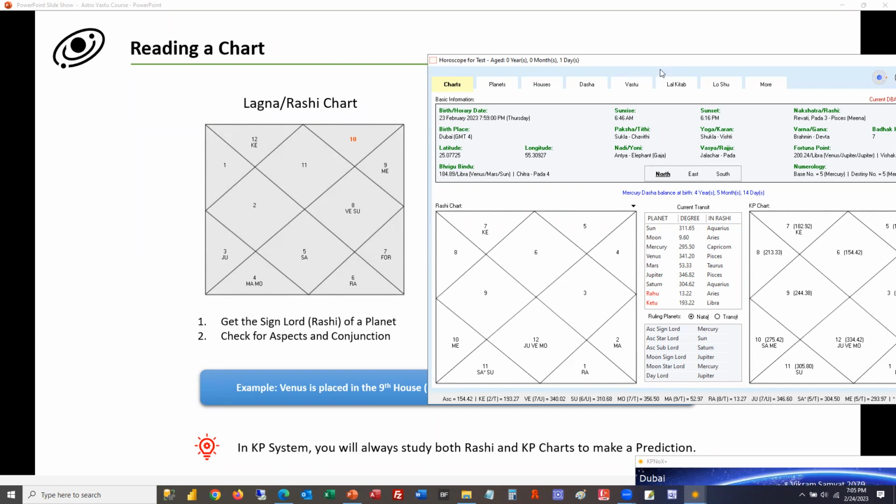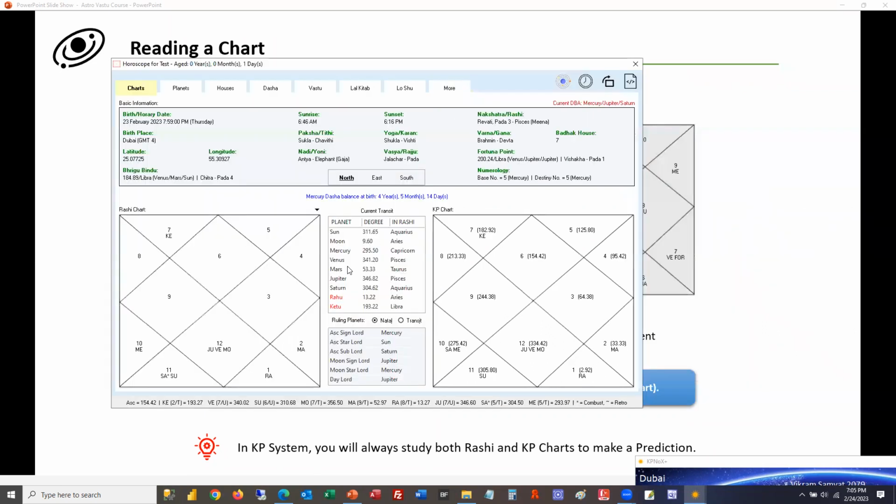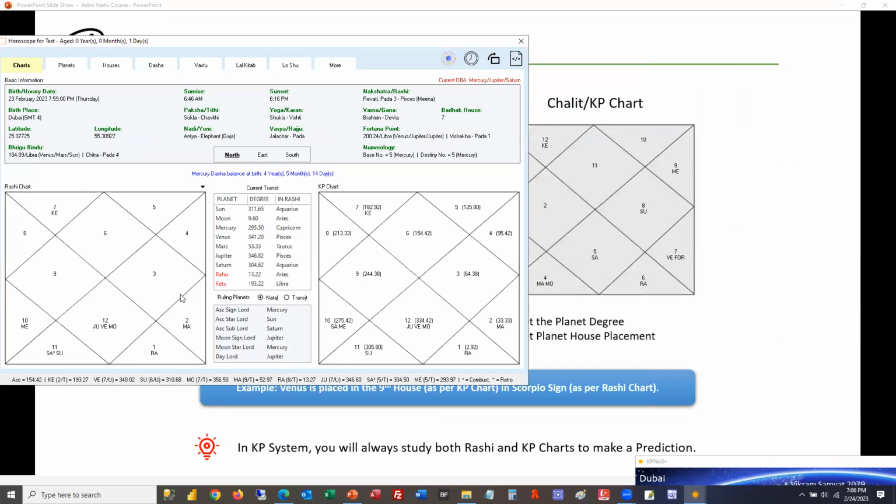Okay, now let's see if any of the planets have moved. Like how I was telling you yesterday, you can see some planets have moved, right? Here, there's only Mercury, but here it is Saturn and Mercury. So there is some change here. So in terms of Rashi, if I have to check where Saturn is, Saturn is in Aquarius, 11 is Aquarius,